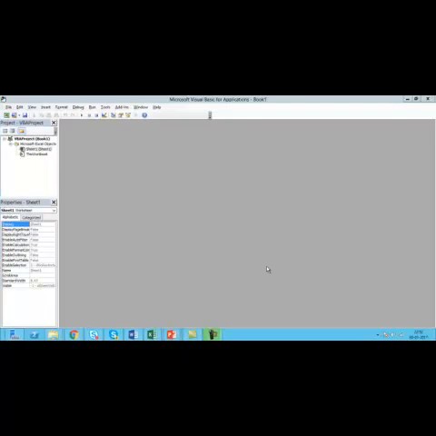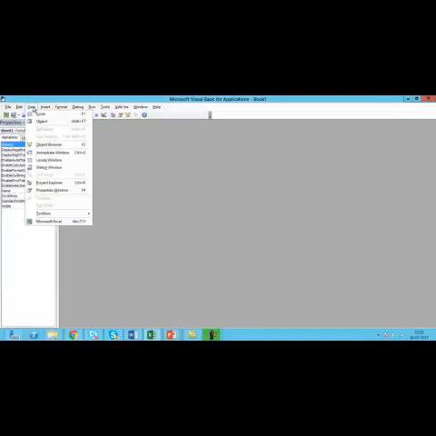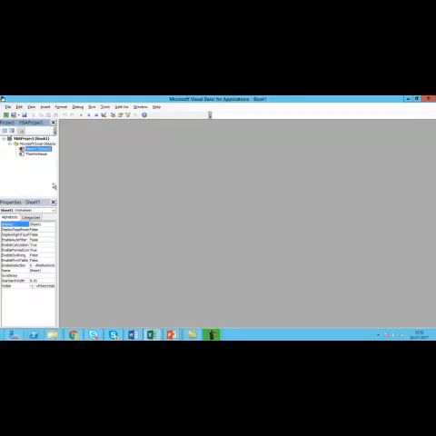If you see this window, the most important point that we have to remember here is that we have certain windows which will come by default. For example, on the extreme left at the top, we have something called Project Explorer. You can see here, if you just go to the View menu there is Project Explorer, or you can use Ctrl R as the shortcut. This is the window that is going to be opened.